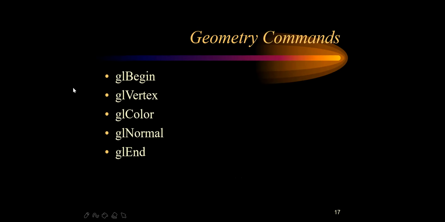Now we are going to start with the basic commands, known as geometry commands, to use in our small programs. You are going to write small programs using these commands. Whenever we start writing the program, we have to use GL begin and GL end. Here I have given GL begin. If you are going to create a vertex point, you can use GL vertex. If you want to give color to the vertex point, you can use GL color.